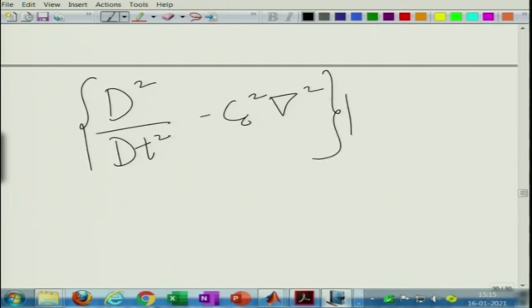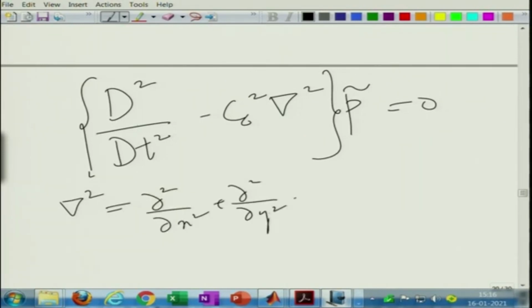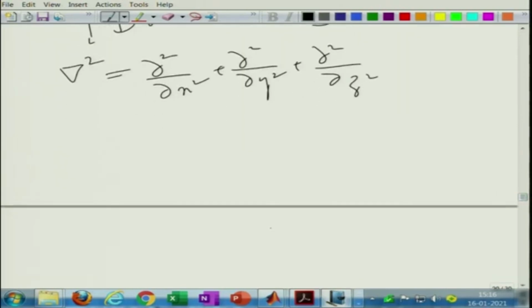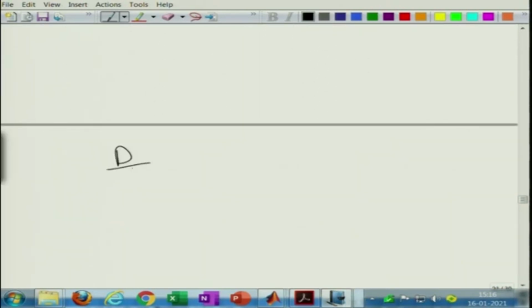This is operating upon p or p tilde, as you can say, where del square is your 3-dimensional operator, the Laplacian, and D Dt, as we already know, incorporates the convective effects of mean flow, and that is given by D Dt is del t, the partial derivative with respect to time, plus the mean flow u naught, which is along the